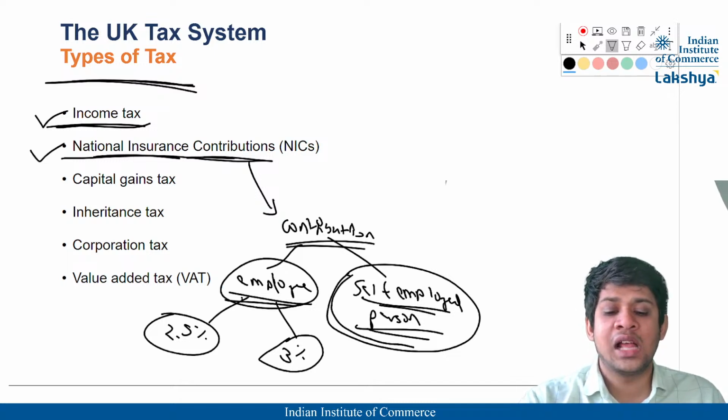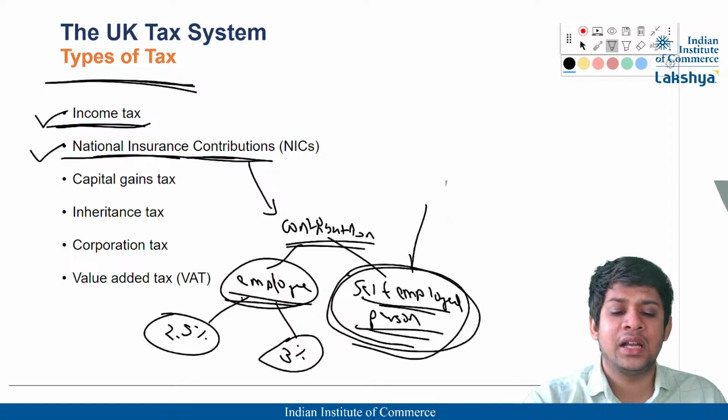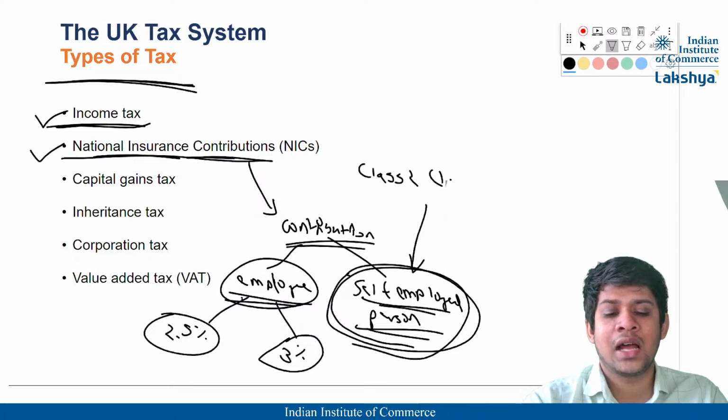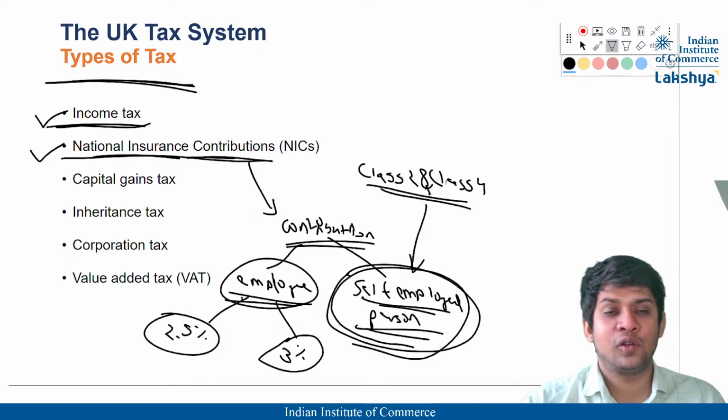In the case of a self-employed person, technically he will pay a certain amount of national insurance contributions depending on his level of income. Okay, so there will be class 2 and class 4 NICs that he will have to pay, that you will understand through the national insurance contributions chapter. Okay,